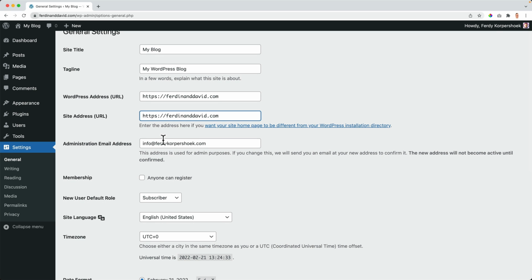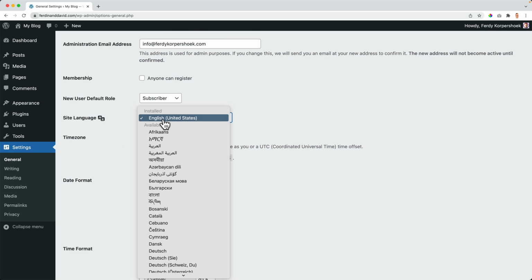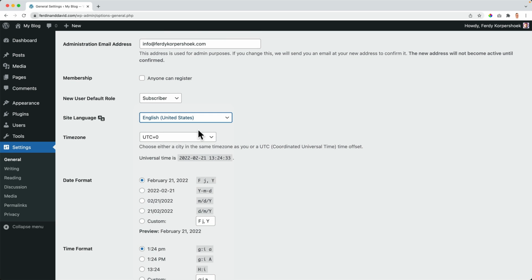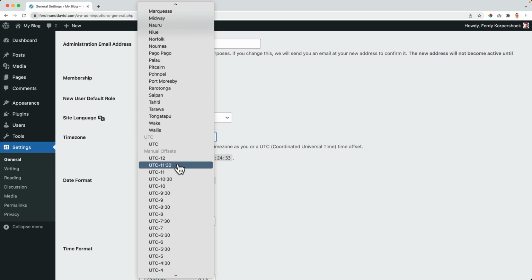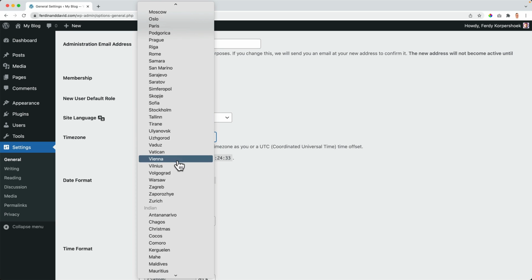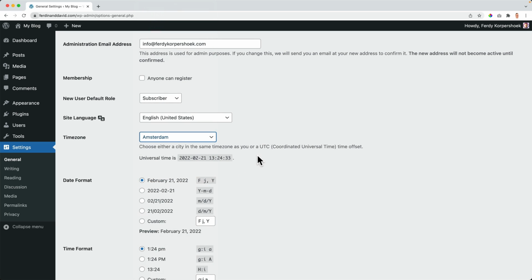your administration email address. And what we can do over here, we can change the language of our website to a different language if you want to. And we can change the time zone. So if I'm from the Netherlands and I want to schedule a few blog posts, it's important that my time zone is correct. So I can use one of those and Google which one is which one. Or I can scroll up and over here I can select the place where I live or close by. So I can choose Amsterdam,